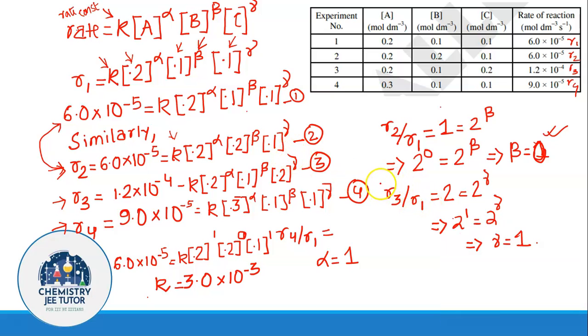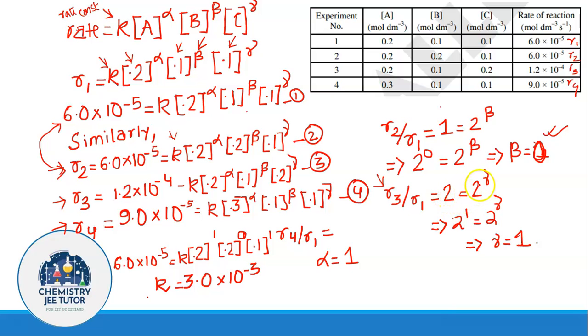Now using the same procedure, we are going to determine the value of gamma and alpha as well. So if you are dividing R3 by R1, similarly you are going to get 2. You do it out yourself and convince yourself that what I am telling is right. And if you have any problem, please do let us know.